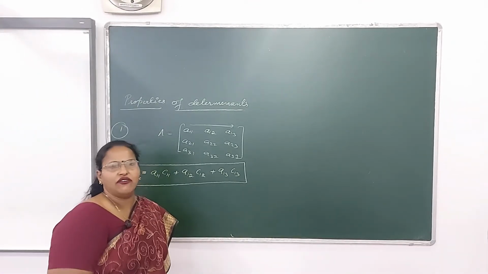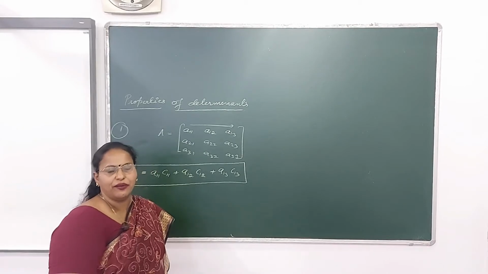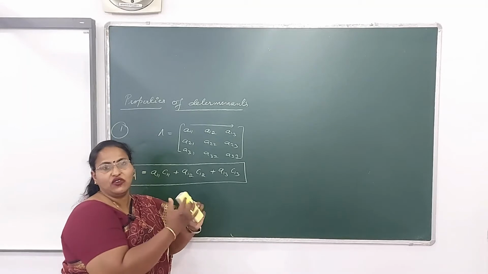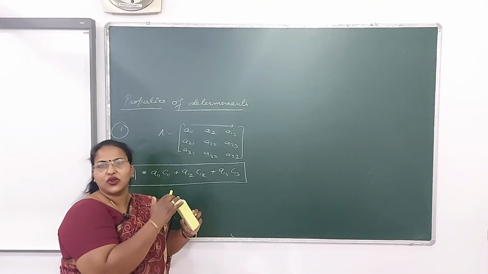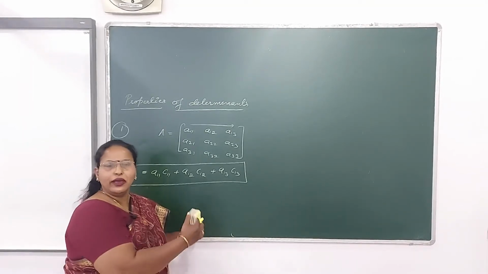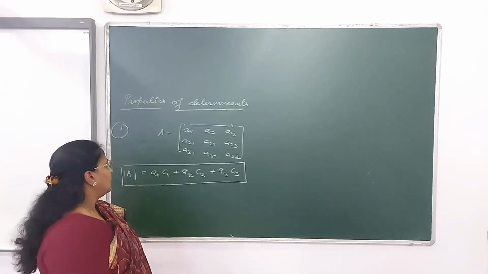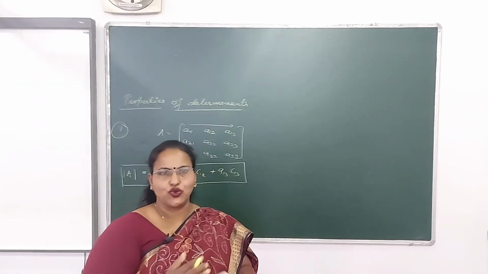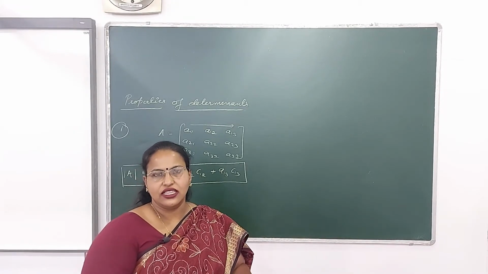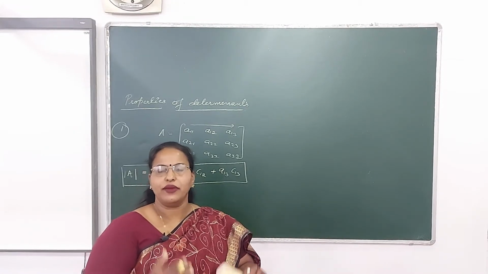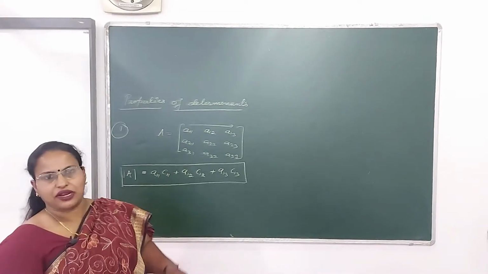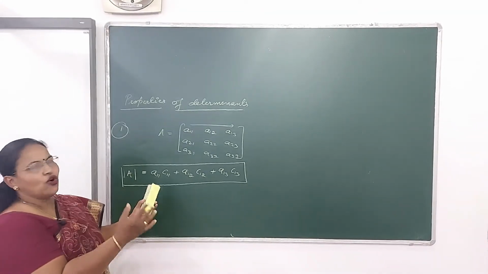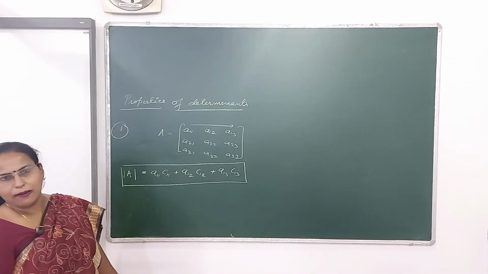Basically this formula we don't use for expanding of determinant, but we use this formula for checking whether the cofactor and determinants are okay or not. So very important formula. Row wise or column wise, when the element is multiplied to its cofactor and added, then the resultant will be determinant of the given square matrix. Here I have taken the first row. With any row or any column the same formula can be applied.